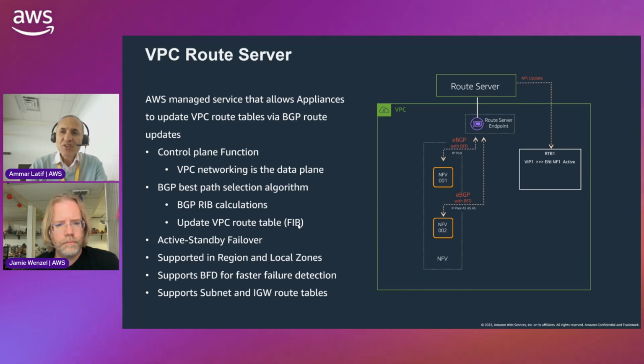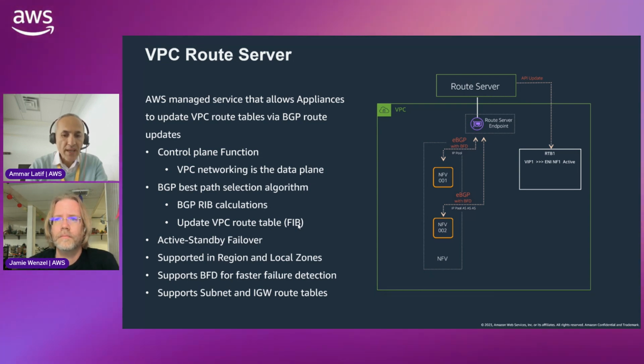One more thing that is interesting is we support BFD. So the service does support BFD. Meaning, our typical BFD deployment with 3 times 100 or 3 times 300 is supported for failover. So quick detection of a failure in the BGP stack and then do the failover. One more thing is we support updating routes in subnets, so a VPC route table and also an IGW route